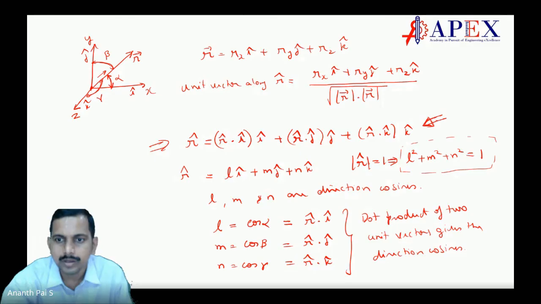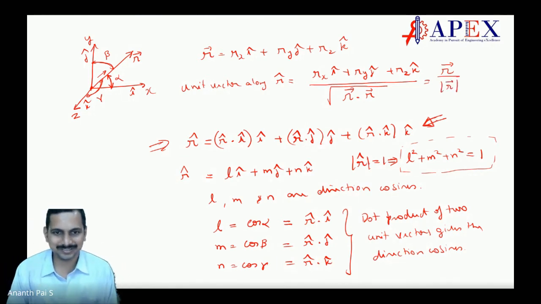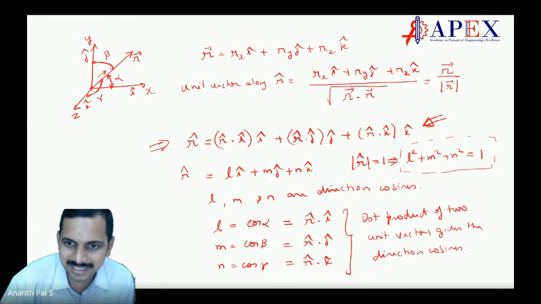Sir, that unit vector along r cap is there, no, sir? Divided by root of magnitude of r dot magnitude of r. We can directly write magnitude of r only, right, sir? I'm sorry, dotted. I'm very sorry. My bad. R dotted with R. Makes sense? Or we could write this R vector divided by magnitude. I'm very sorry. Correct that, students. Making simple mistakes.